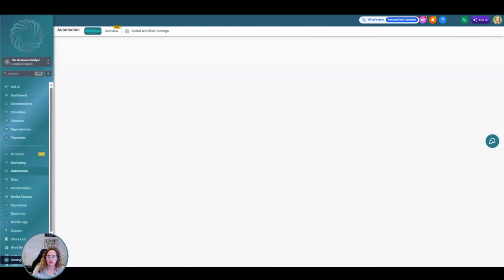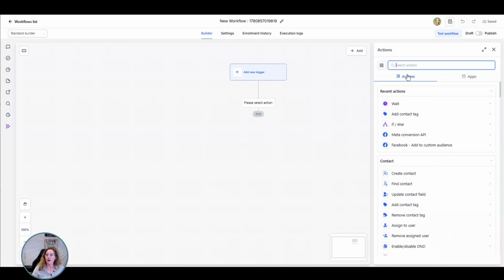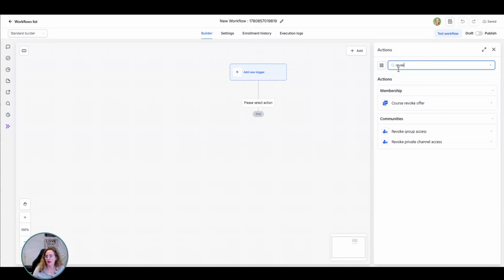Inside of the automations, we can trigger an action when somebody joins a level on the leaderboard in the community group. We can grant and revoke access at both private channel level as well as group level. And we could also do that for an offer. An offer is a course. Likewise, we can very easily revoke